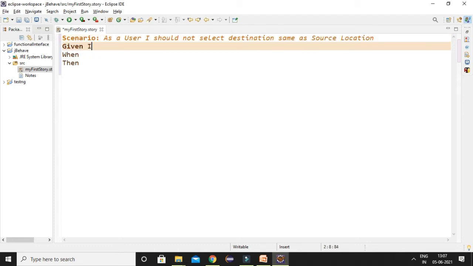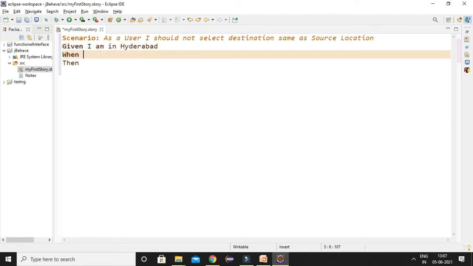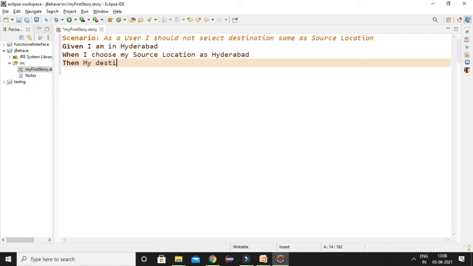As a user, I should not select a destination same as the source. Given I am in Hyderabad, When I choose my source location as Hyderabad, Then my destination location should not contain Hyderabad as an option.